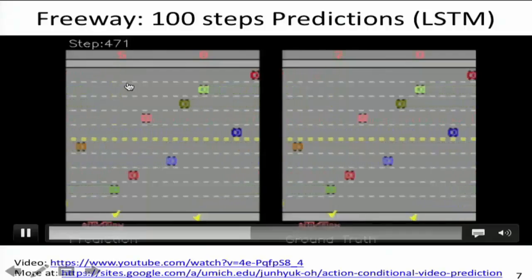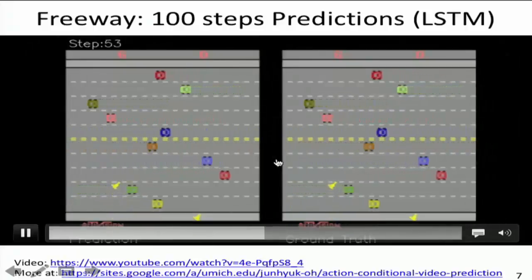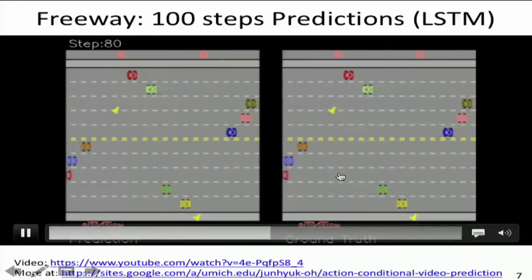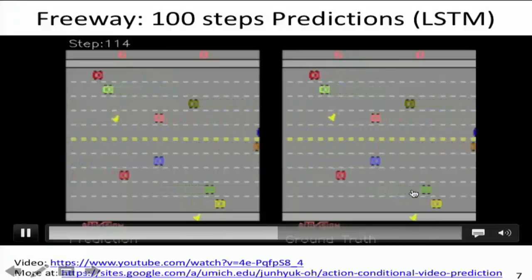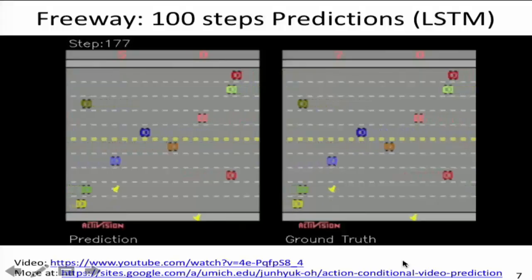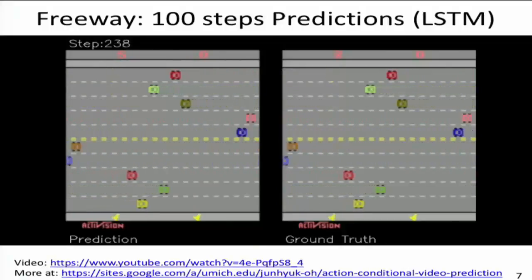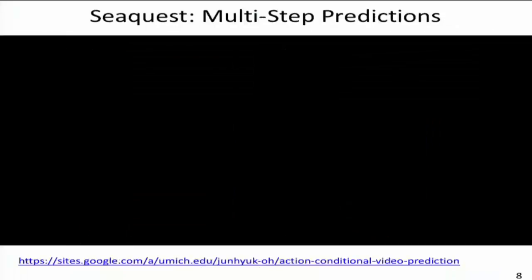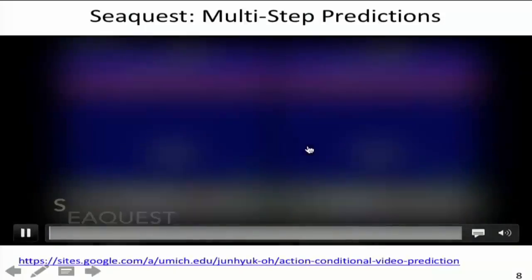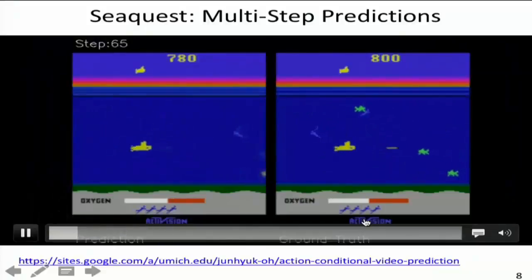So it's actually making up to 500 step prediction, and even then it's making really high quality prediction at the end. So this is the case when you have relatively simple dynamics without uncertainty, and it does really well. But of course, when there's more uncertainty and also more complex movements of the agents and other